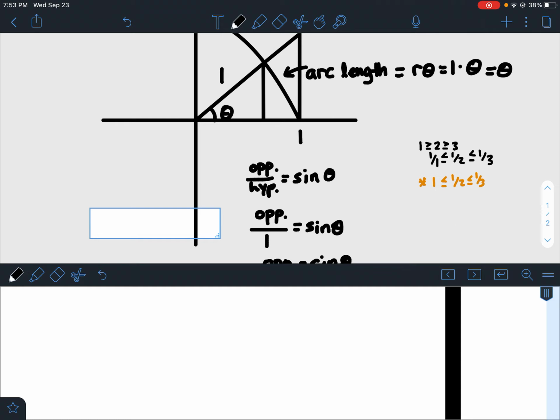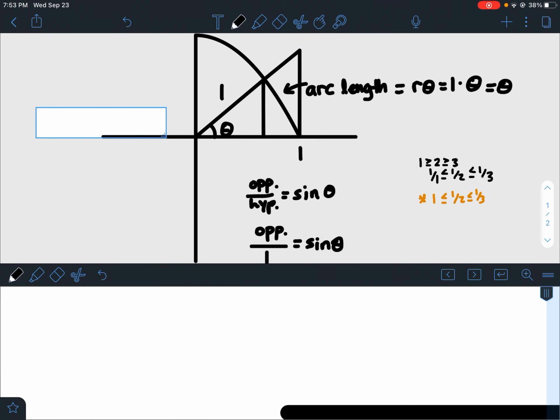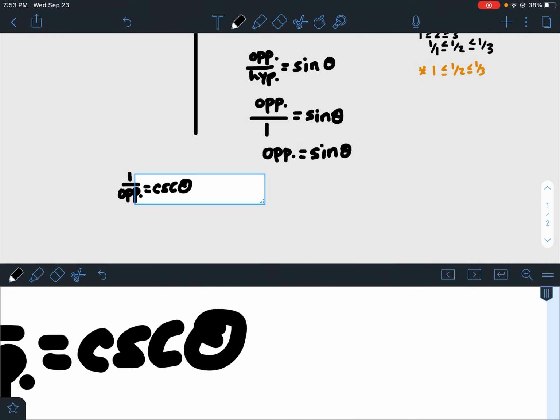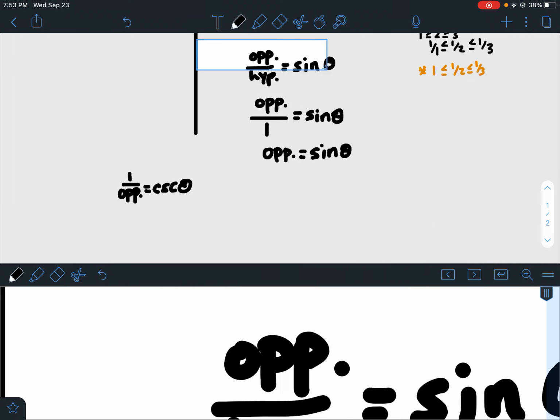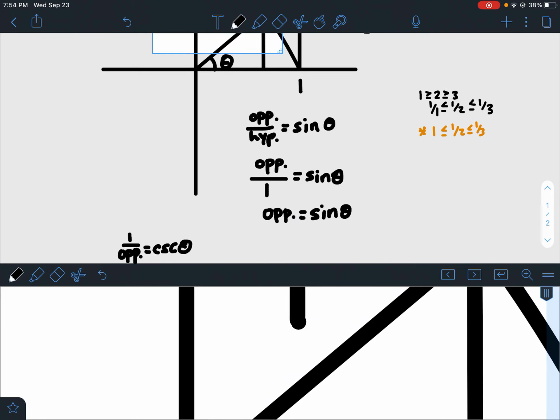So opposite over the hypotenuse is equal to sine theta. Since the sine theta is equal to opposite over hypotenuse, that's the little triangle. And then we have our big triangle, which is